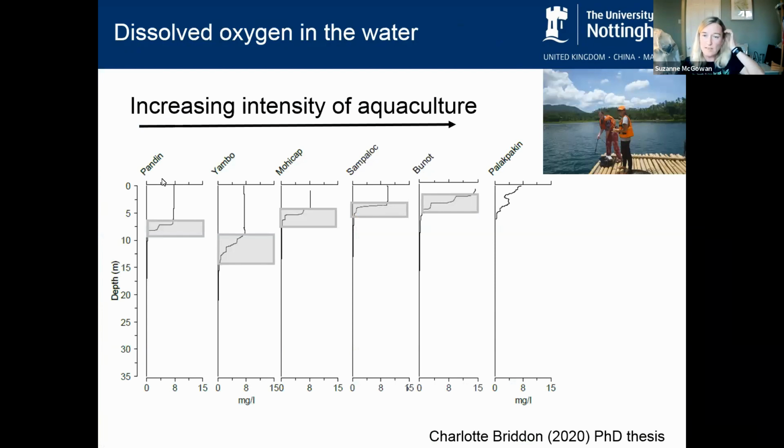But this is not sediment core work. This is looking at oxygen in the water, and I think this is really useful at helping us to understand what's going on in the sediments. What it's basically saying is we've got really low oxygen at the bottom of these lakes because they don't readily mix because of their sort of tropical nature. But you can see we've got a shallowing of the oxygenated zone as we go along this increasing intensity of aquaculture. So the question is, is that a linked thing? Because if you've got more productivity, it leads to more deposition of organic matter in the bottom of the lakes, and that can draw the oxygen down. So that's one potential